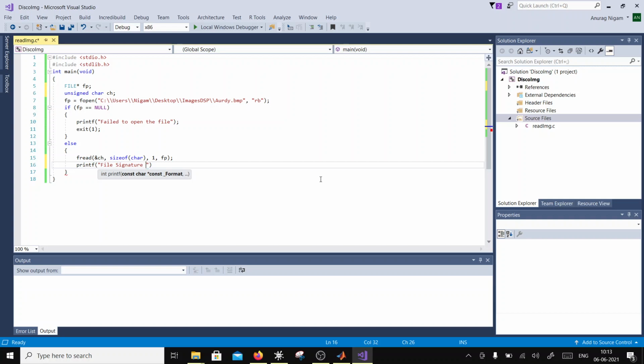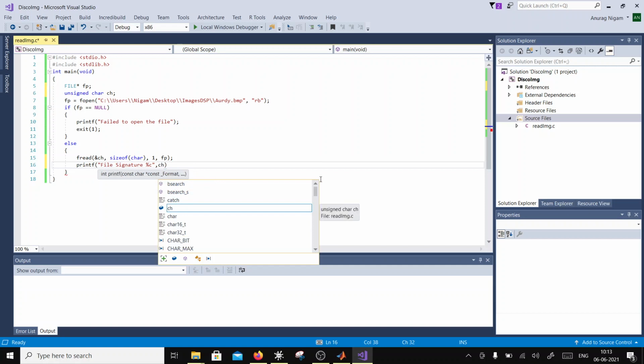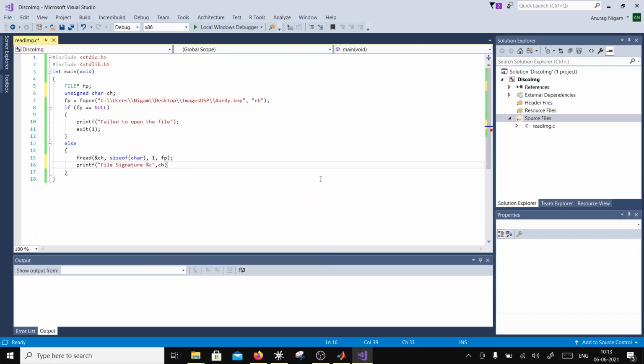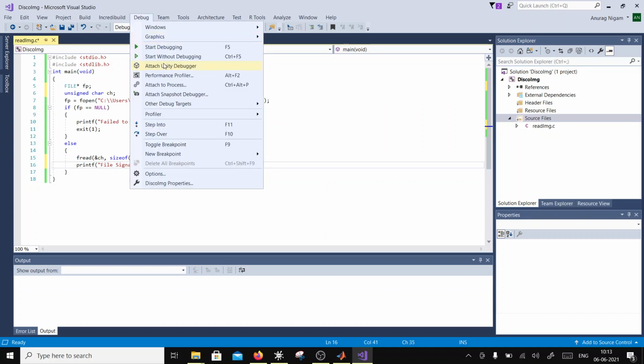Where is %c? File signature %c, comma ch. Okay, so I'm going to run this and see if it reads B.